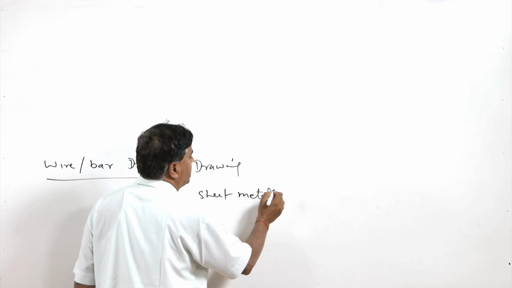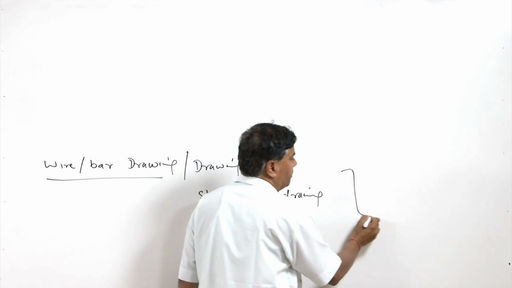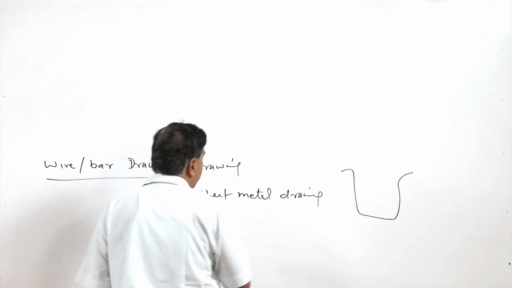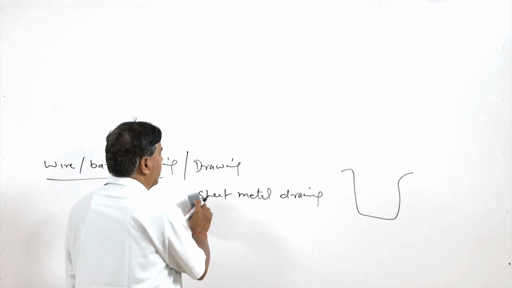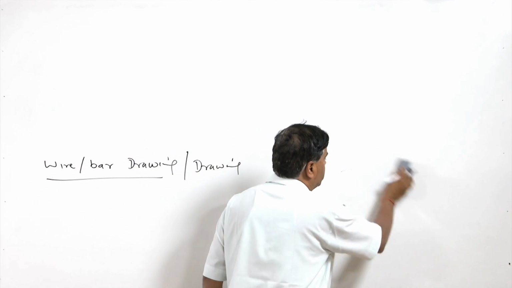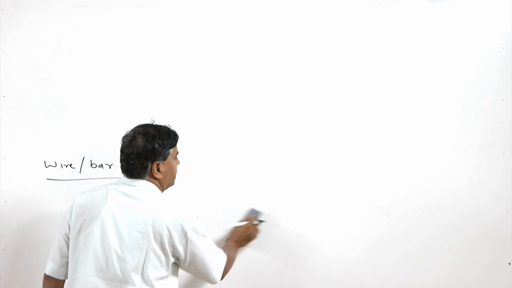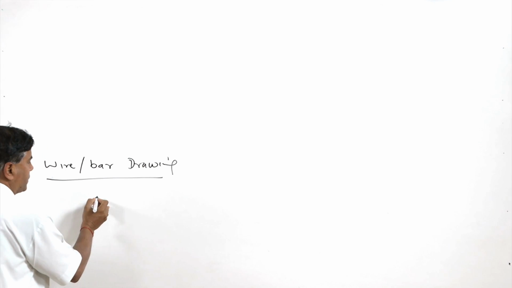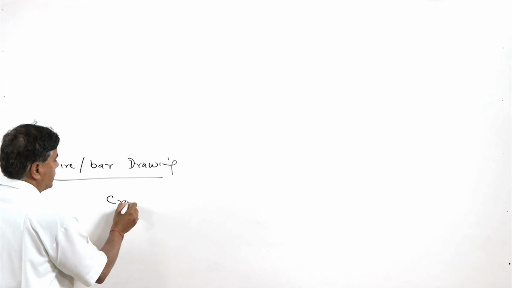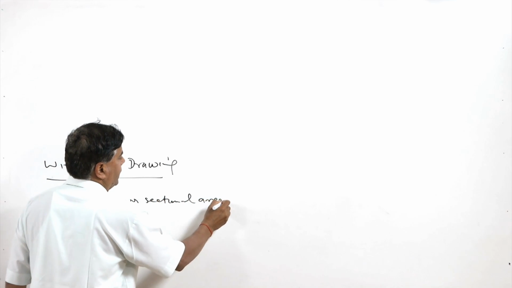wire drawing is mentioned specifically. Sheet metal drawing is used for making cup shape products, but here wire drawing and bar drawing is used for making rods or wires of smaller diameter. So, in order to distinguish it from the drawing of sheet metals, more specifically wire drawing or bar drawing is used. In this process basically the cross sectional area of the